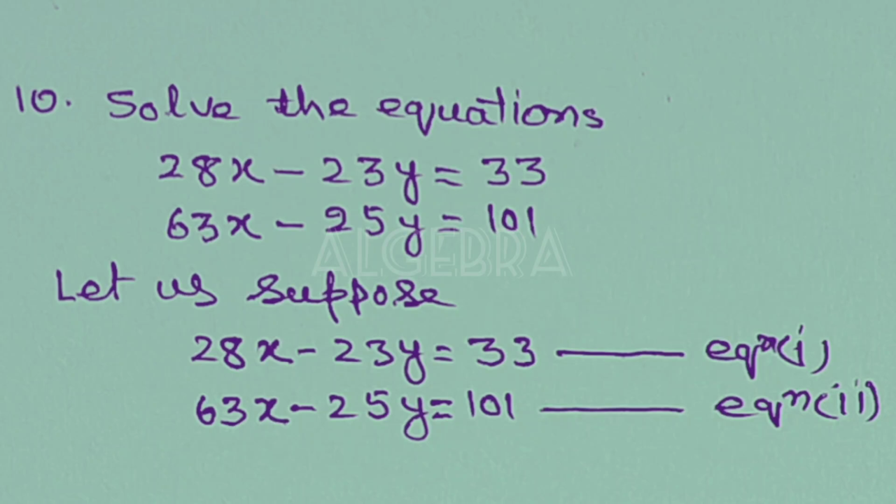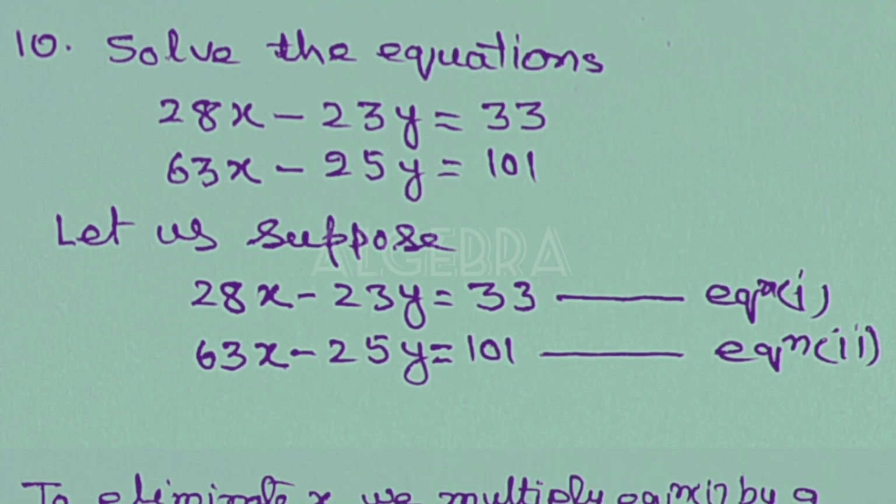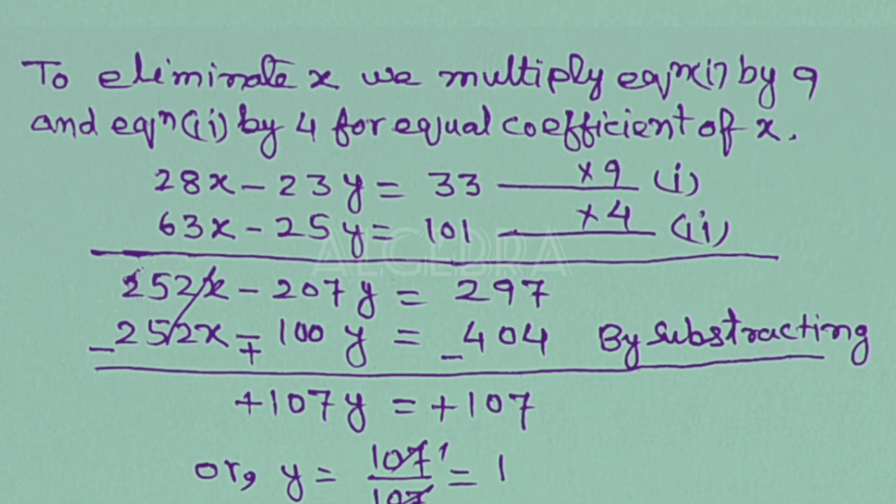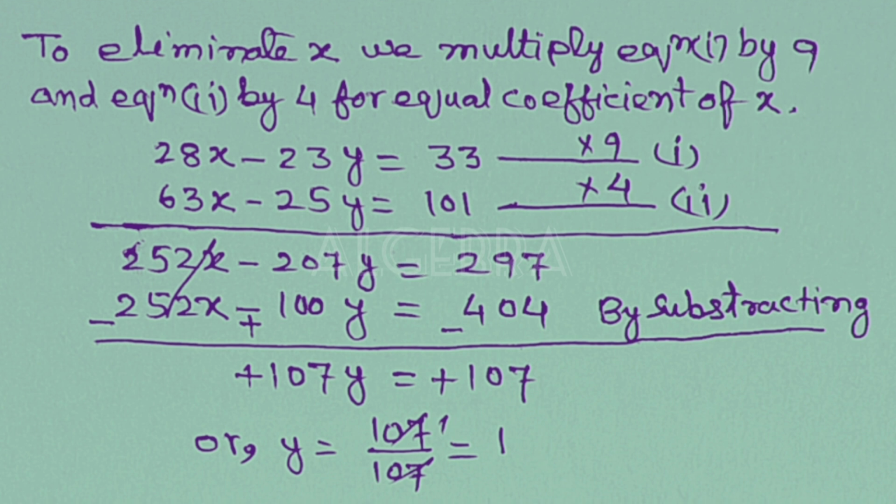10. Solve the equations 28x minus 23y is equal to 33 and 63x minus 25y is equal to 101. Let us suppose 28x minus 23y is equal to 33, equation 1, and 63x minus 25y is equal to 101, equation 2. To eliminate x, we multiply equation 1 by 9 and equation 2 by 4 for equal coefficient of